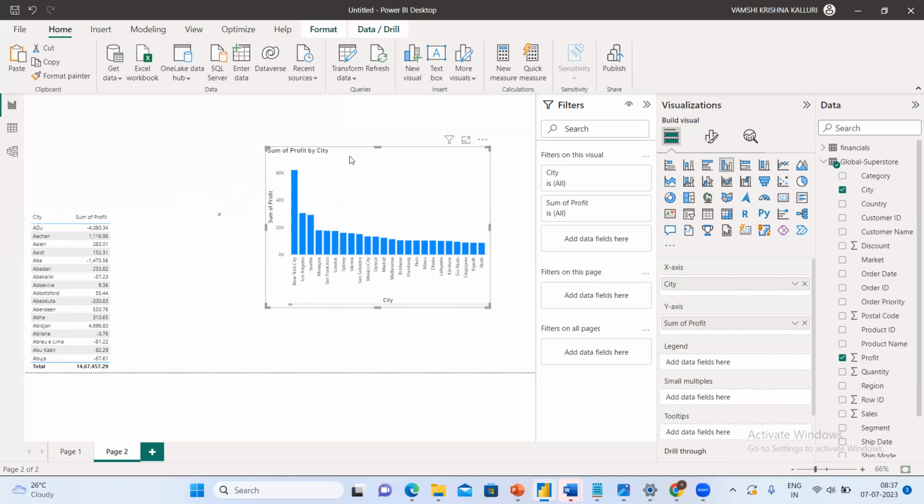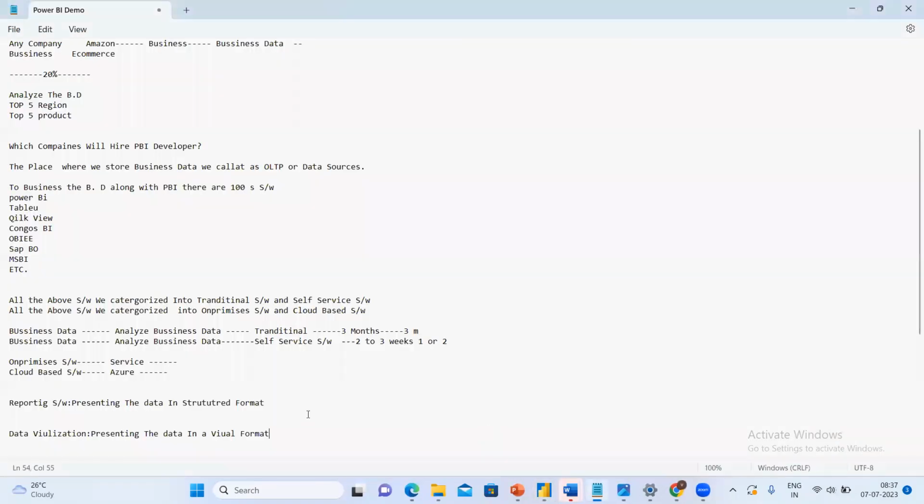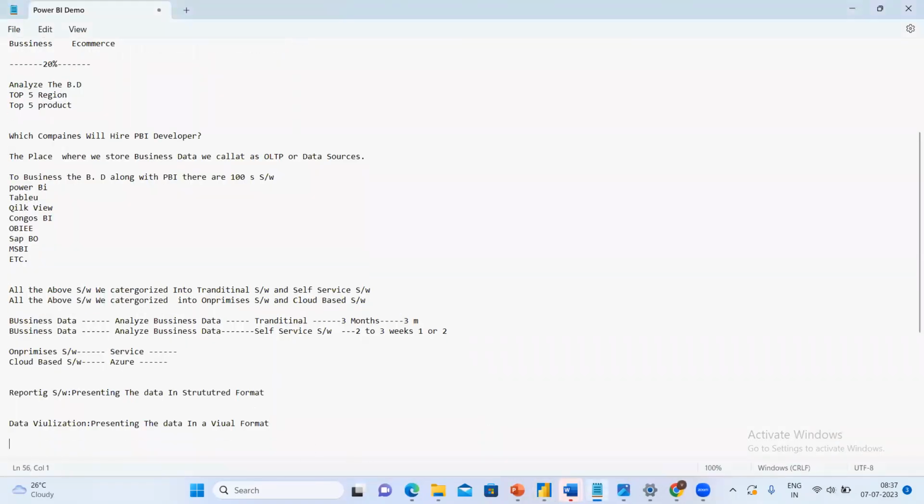Presenting the data in a visual format, we call data visualization. Presenting the data in a structured format, we call reporting software. But what is the advantage of the visualization, guys?